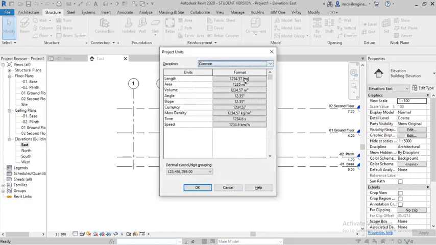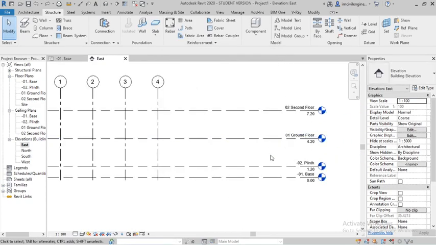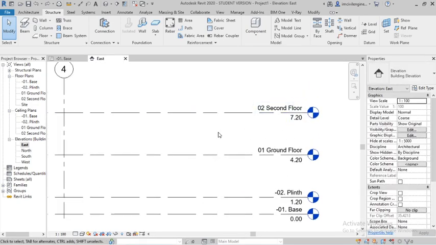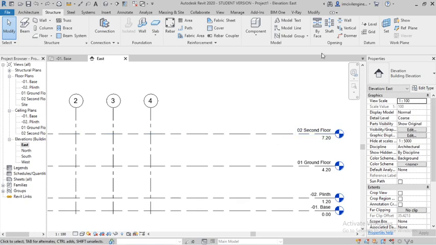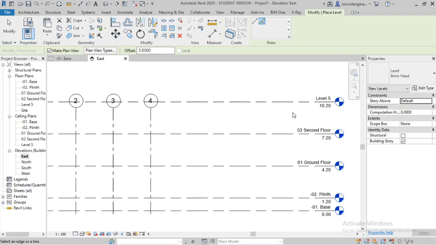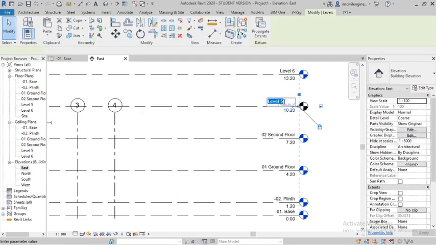I've already set the units in meter and go to levels. So I've changed the level names also. First you have to create the base and plinth, ground floor, second floor, and if you want, first floor also, you can create the first floor. Go to levels and pick the lines, give the offset of 3 meter and the level 5. Okay, make 6 also if you want.